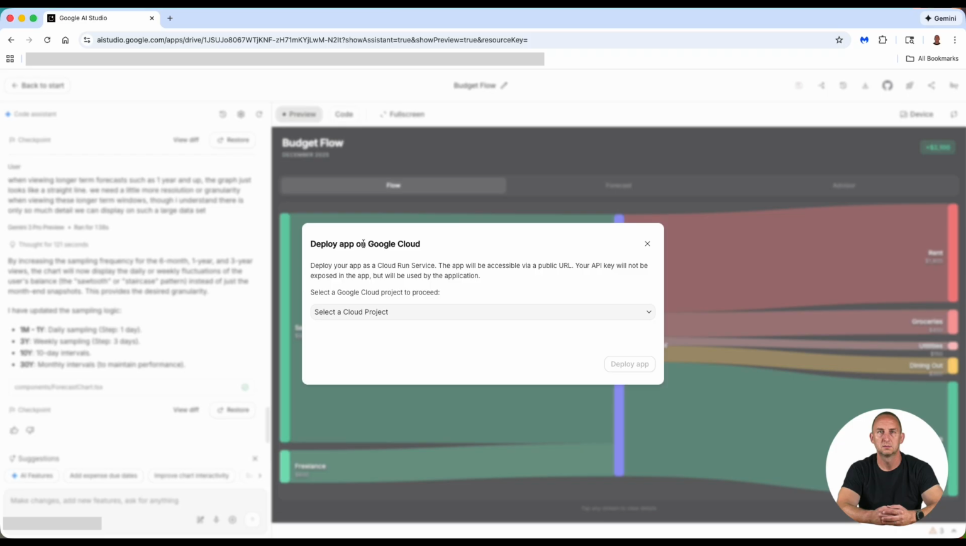All right, so deploy app on Google Cloud. Deploy your app as a cloud run service. The app will become accessible via public URL. Your API key will not be exposed in the app, but will be used by the application. So this is an important part of developing apps in Google AI Studio, is that if you don't do this, or you don't find some way to hide your API key,